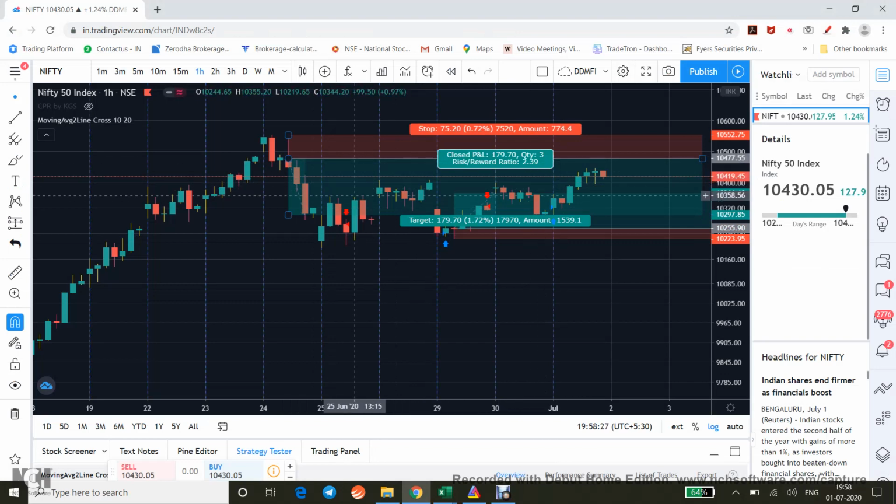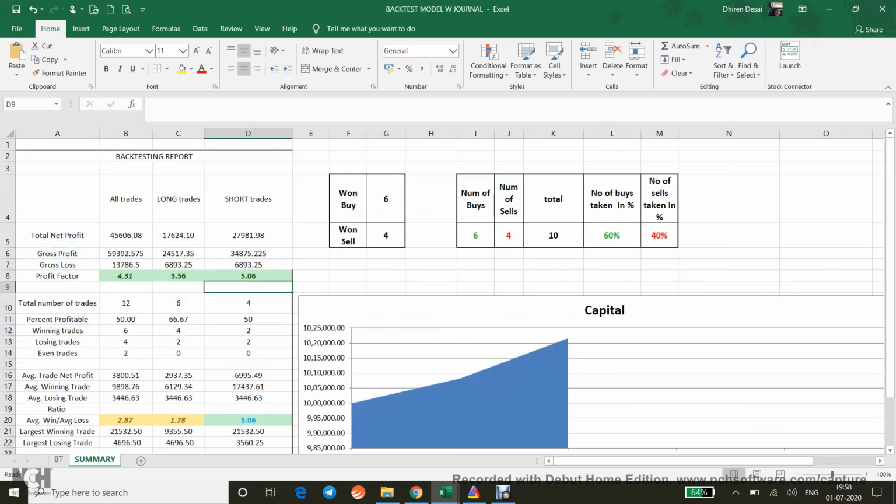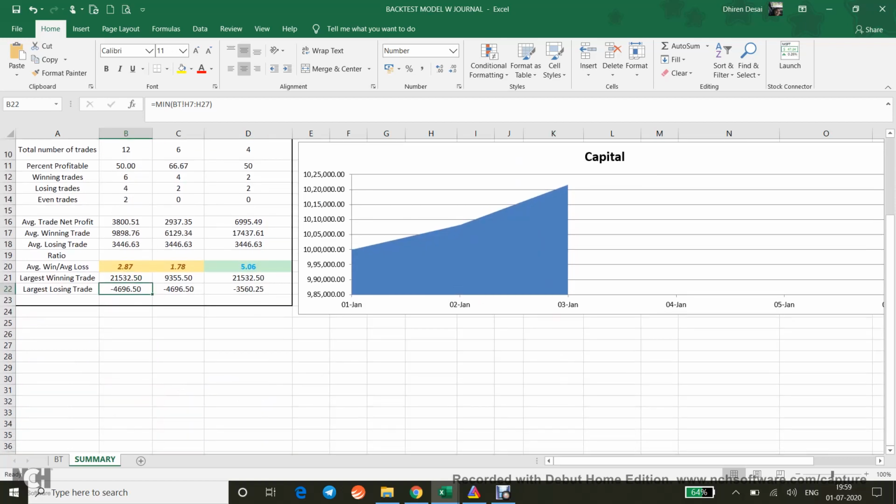That's it. So you keep on filling like this for maybe 100 to 200 trades. Typically 230 trades plus will give you a year, and that much into multiples will give you multiple years. And here you will get a full snapshot of how your capital is moving. You don't need to do anything, everything is Excel fed. Here you get your profit factor, in terms of winners versus losers. Anything over 2 to 3 is very good, it's brilliant. Your RR will be captured here, your average winning trades, and your average losing trades.